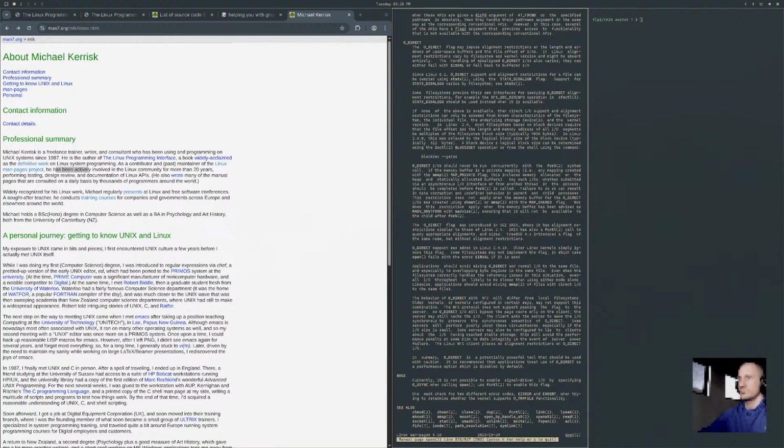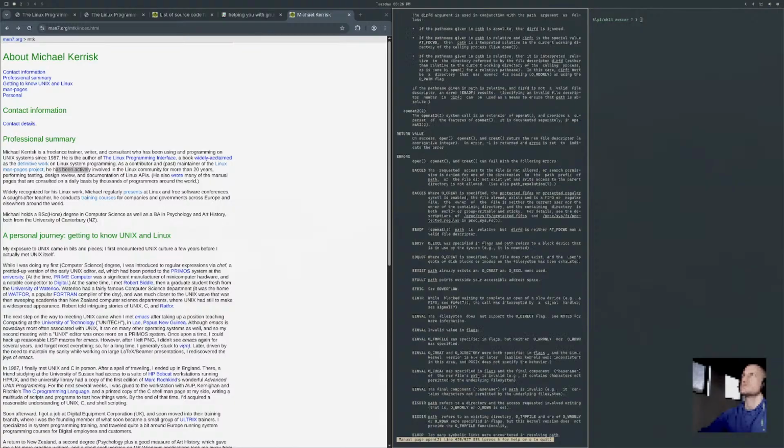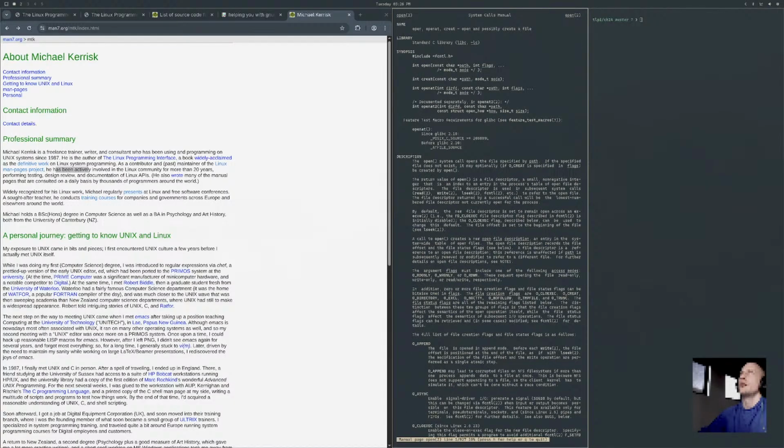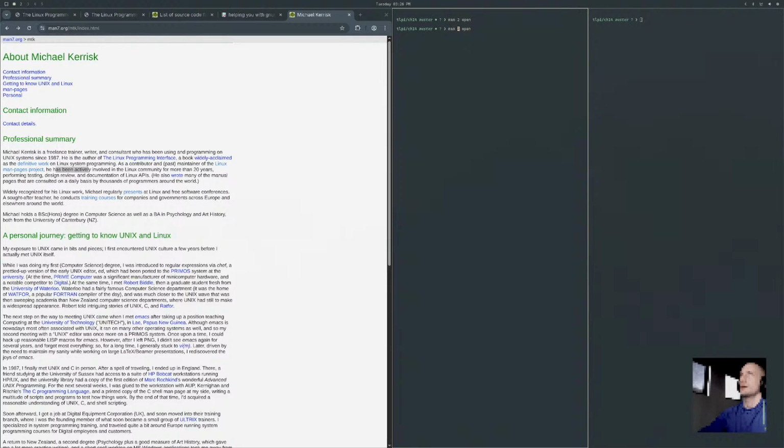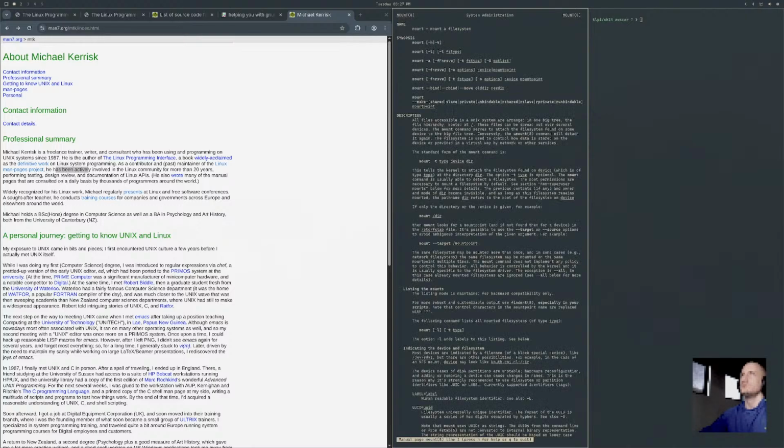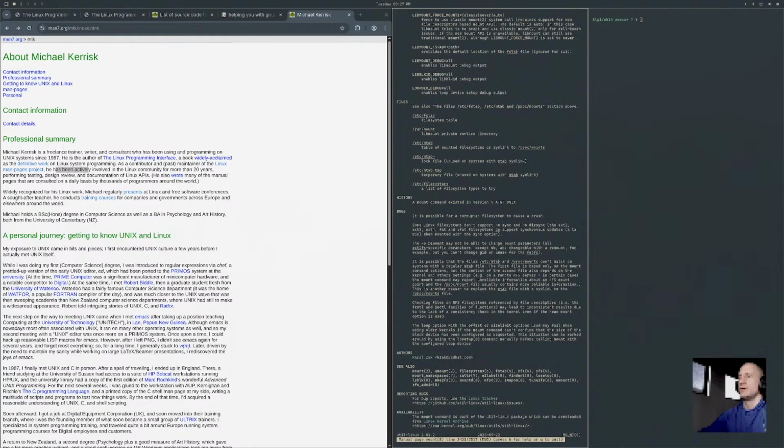Let's see who wrote this. Don't they have the authors? I thought they had authors. Maybe do like man... what's one, like mount? Authors. There we go.